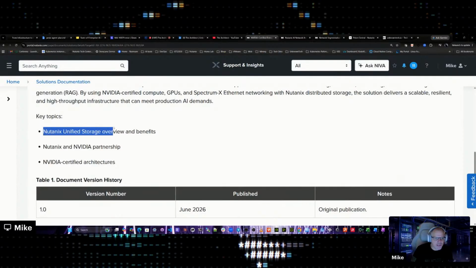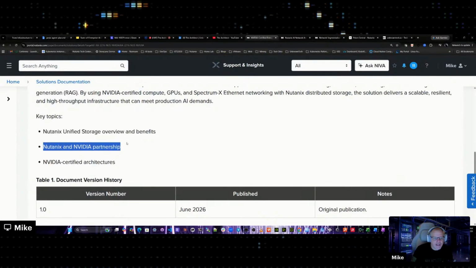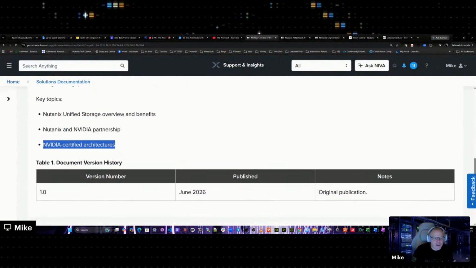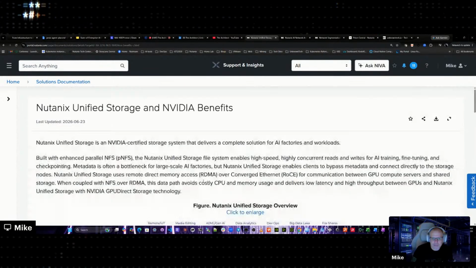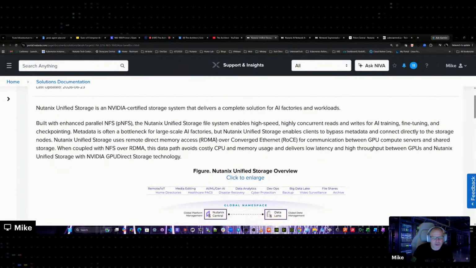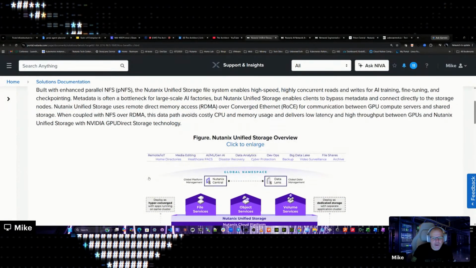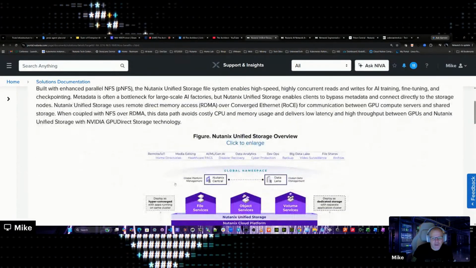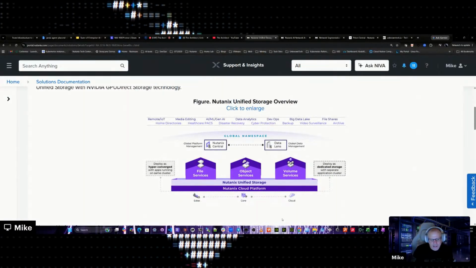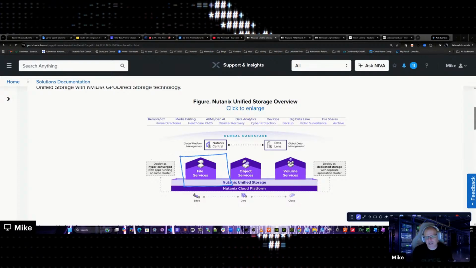So we're going to really focus on the NUS overview and benefits, the Nutanix NVIDIA partnership, and the certified architecture from NVIDIA. So basically what we're delivering in this use case, and in this design, we're really focused on this right here. So NUS can deliver